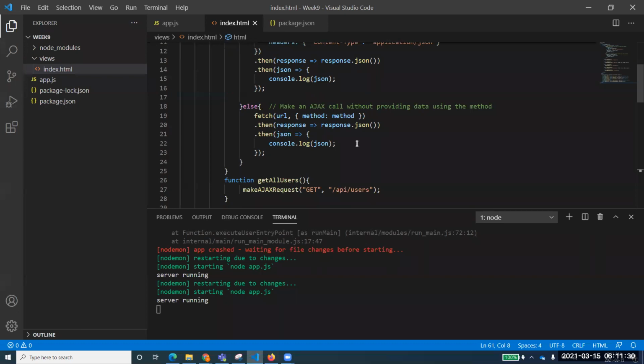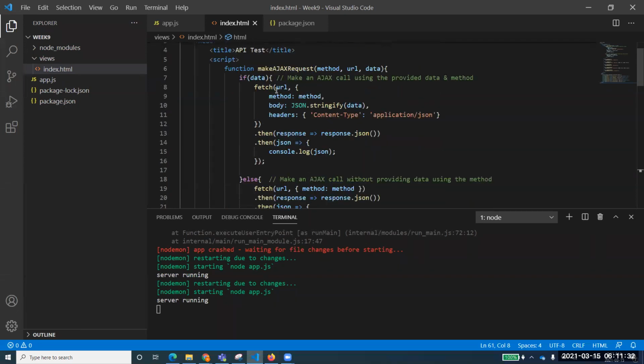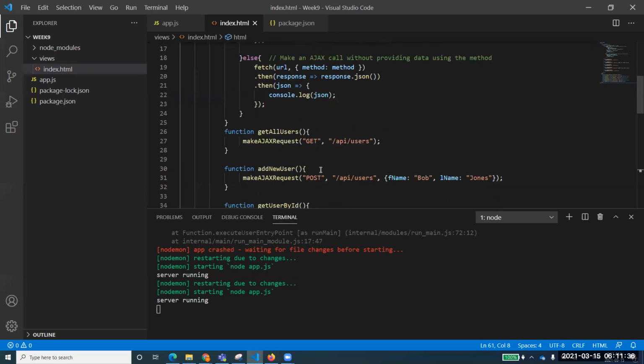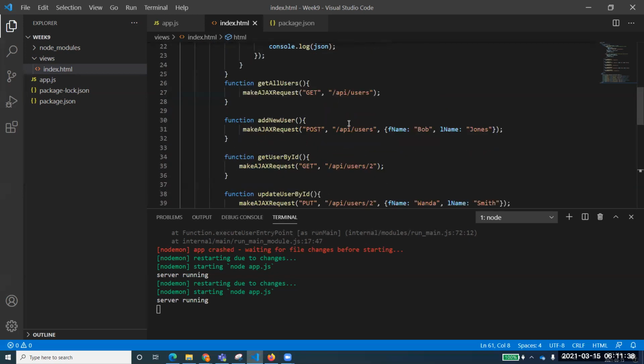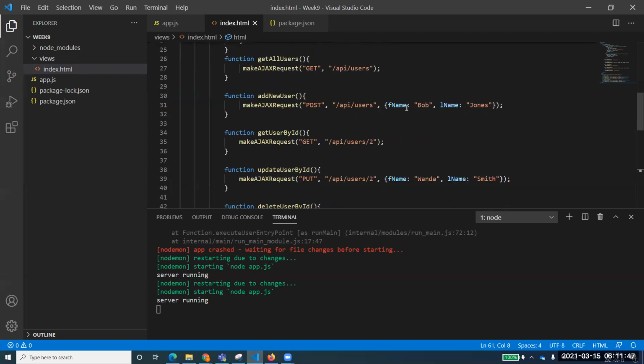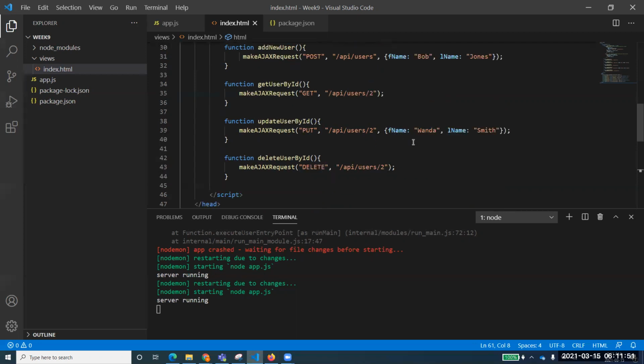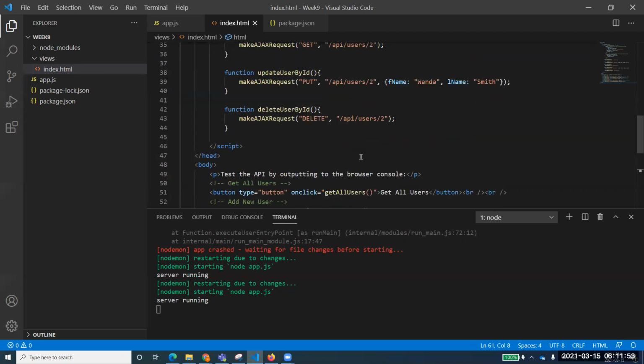For the get request, it uses this get method, and for the post request or the other requests, it comes over here and tries to stringify that. Then all these methods are making Ajax requests by passing this typical data. So when it was passing this one, it was showing Bob Jones over there and things like that. So we have just taken out the body of it.